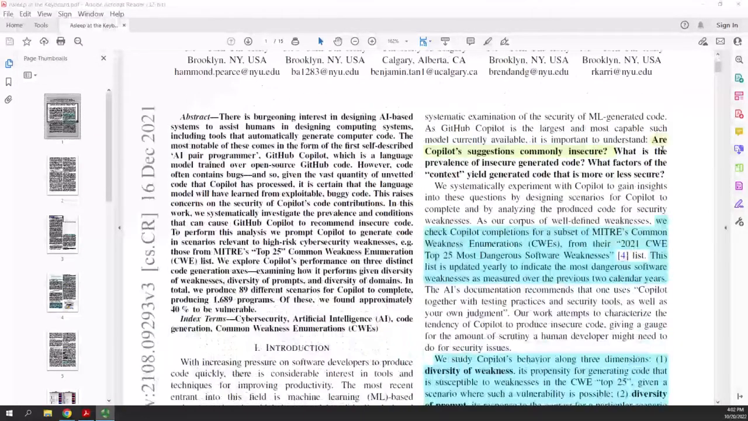So their focus was on answering this question: are Copilot suggestions commonly insecure? To check the security of GitHub Copilot, they used a subset of MITRE's Common Weakness Enumeration, or CWEs, from their 2021 CWE Top 25 Most Dangerous Software Weaknesses. So if I go to their website,